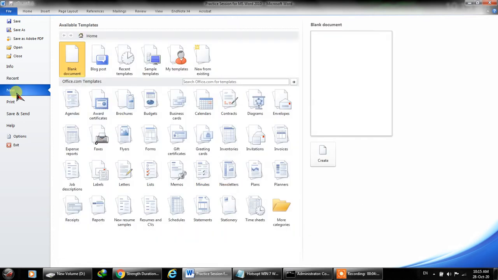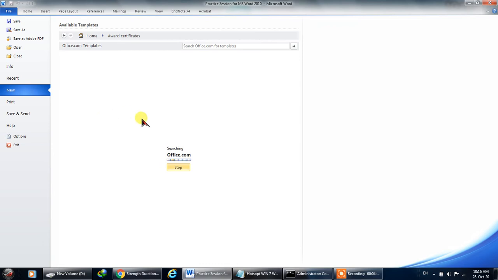For New, when you click New, here is the list of documents that you can create. This is just a small list. It is not limited to this. You can open a lot of themes. For example, if I click over here, it's connected to Microsoft, and it will try to download that theme. Depending upon your internet speed, it will take some time.